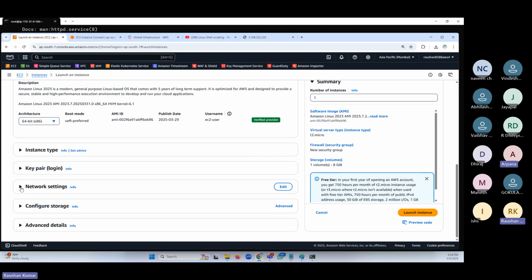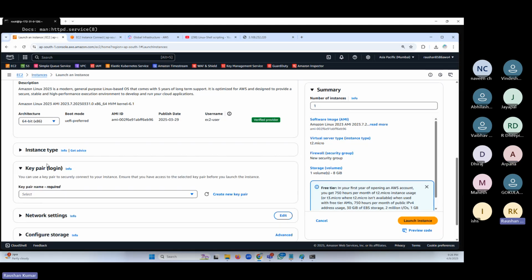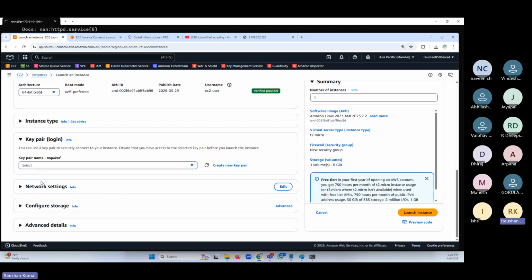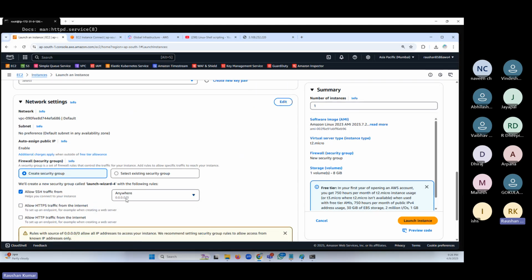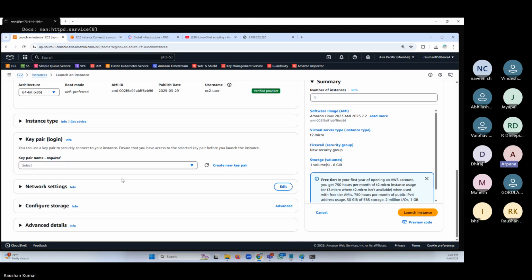There are security groups here, but I'm not touching it. It's created by default, and by default this checkbox is enabled, so I'm not touching it. If we skip this key pair login, we might not be able to get a server.